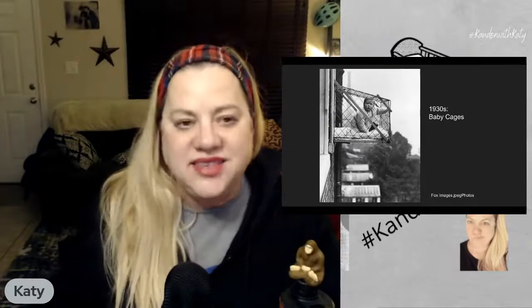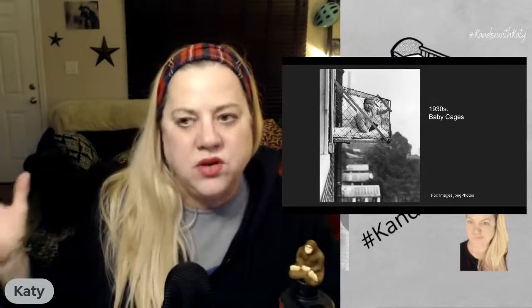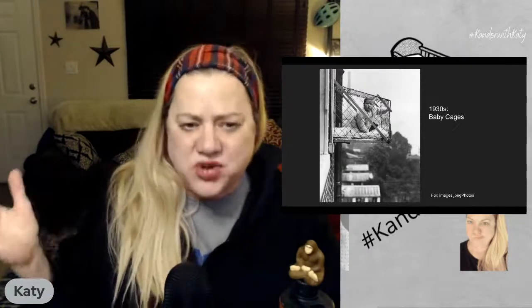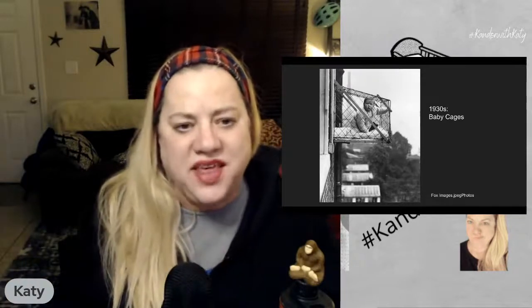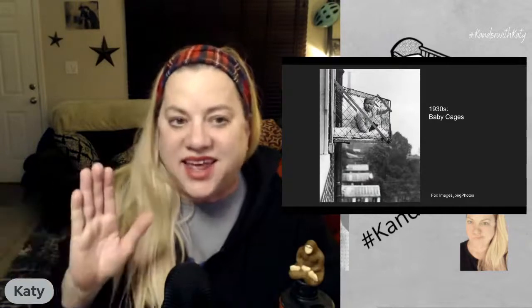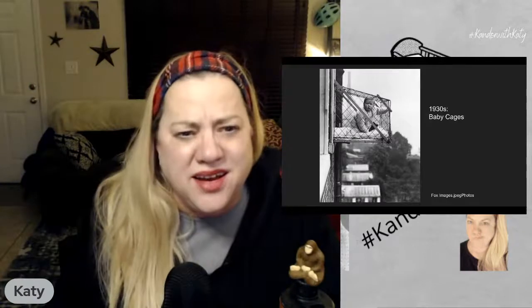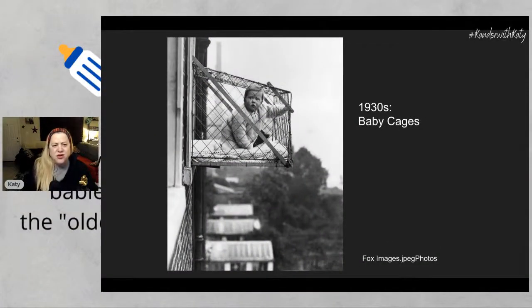Terrifying. Because what if... I mean, air conditioning units have fallen off of buildings, out of windows. What if, like, a screw comes loose and your baby tumbles to the ground in this baby cage? That is, like, insane to me. And I get it. And maybe this is pre-patio days, but no, thank you. Right? Okay, so next up we have...